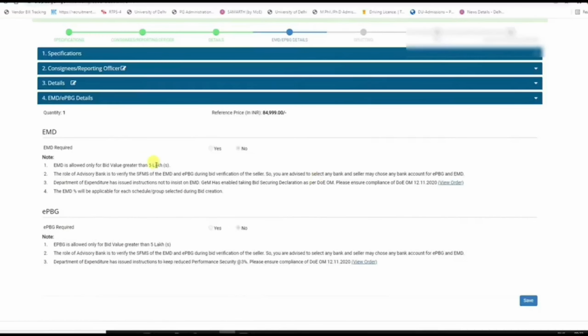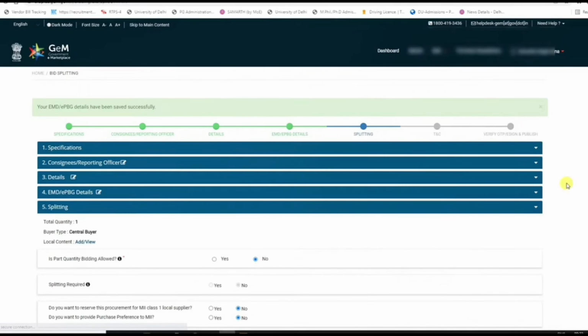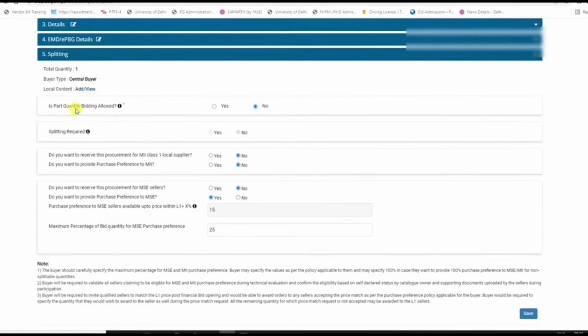Then there are some other terms and conditions, and we put yes. Then the other section is EMD or ePBG, that is, earnest money deposit or e-performance bank guarantee. One thing is mentioned here: if your item value is more than 5 lakh, then PBG and EMD are required, otherwise you can put no.